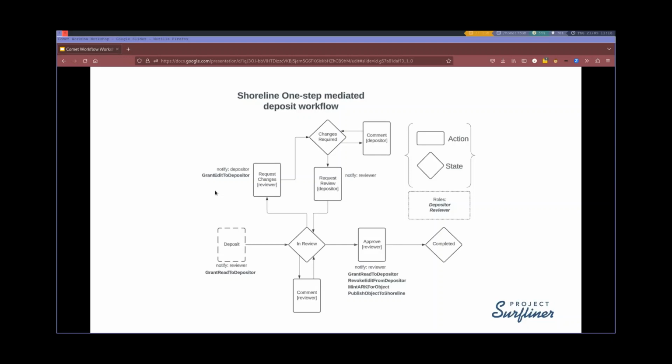So we start with an action to deposit the item that moves the object to the state in review, and then really from there I have three things that I can do. If I'm a reviewer, I can comment on the object in its current state, and then that just leaves the object in review state. I can request changes so that the object is reassigned to the depositor, who can then comment or make changes and then re-request review. And then last but not least, I can approve the object and move it to sort of the end